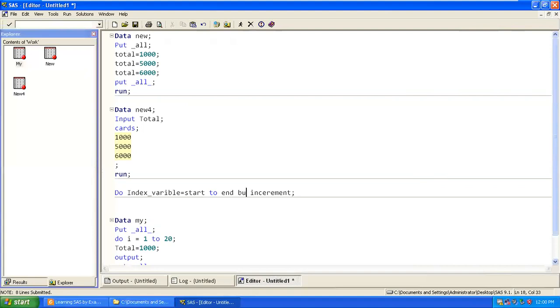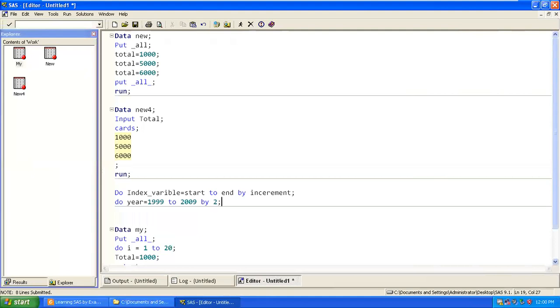Generally it looks like this: do year equal to, let's say I start with 1999 to 2009 by 2 years of increment.